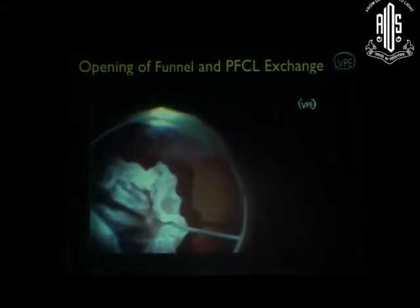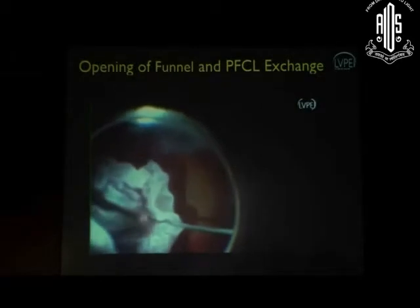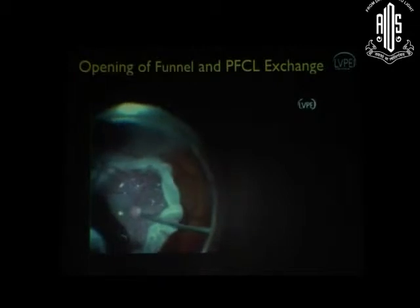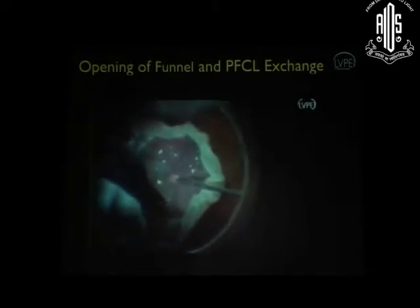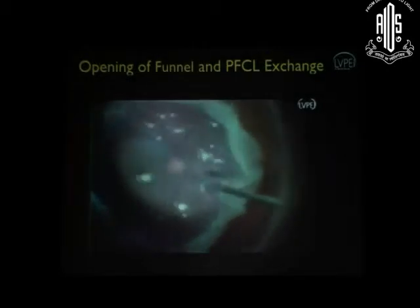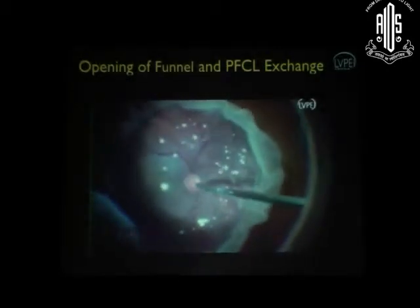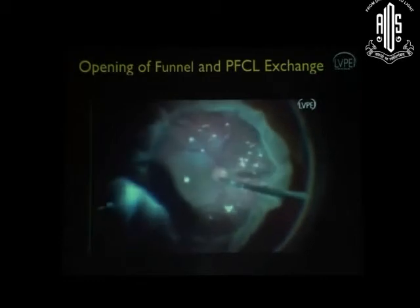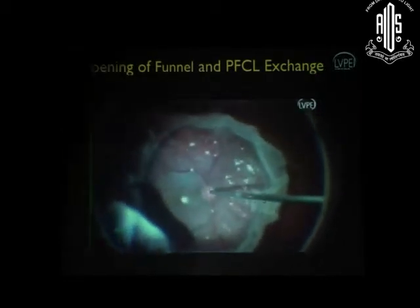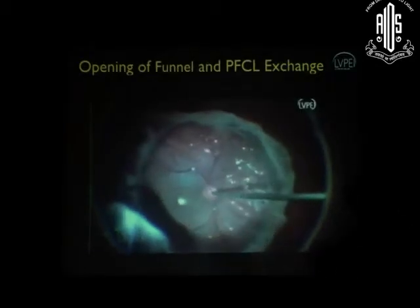You just go inside the funnel and inject a small bubble, and then go into the bubble and start injecting further. Don't inject at once, then it might cause fishheads and go into the subretinal space. And if you inject with force, it might even create a retinal break and the PFCL goes subretinal. So don't inject completely in one go, and try to see if there are any membranes still intact, and keep peeling them and then keep injecting further so that you can flatten the whole retina. So that's one thing which I wanted to